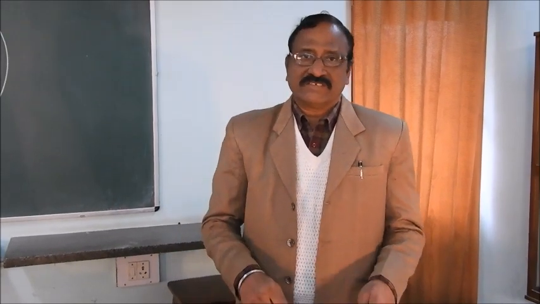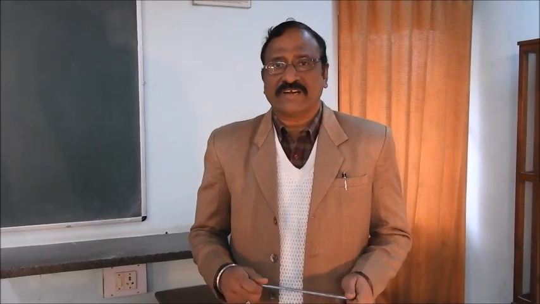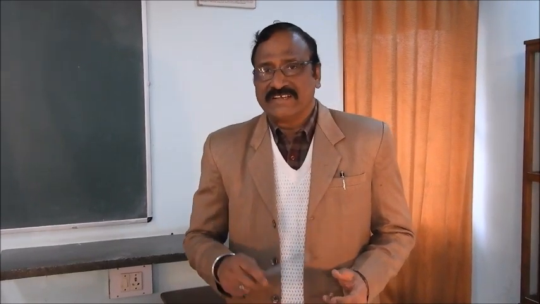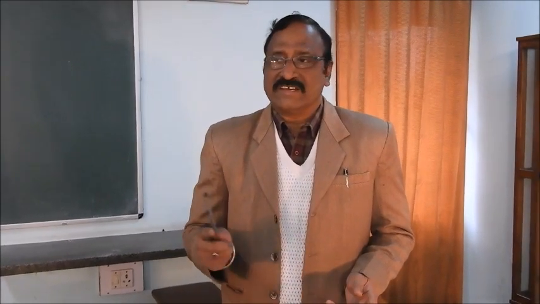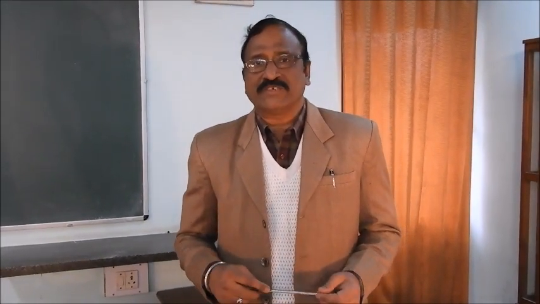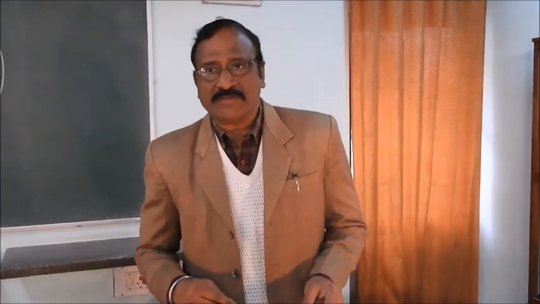Now you can see that from the slope of the graph also we have calculated the potential gradient. The result obtained from the slope of the graph is almost the same as the result obtained from the average value of the observation table. So this is how we perform the experiment on potential gradient of a wire. Hope this is clear to all of you.